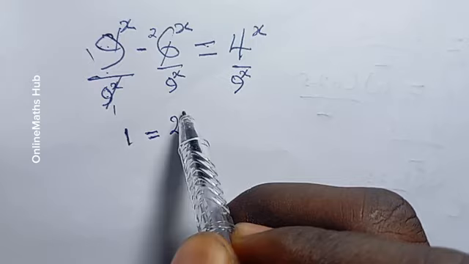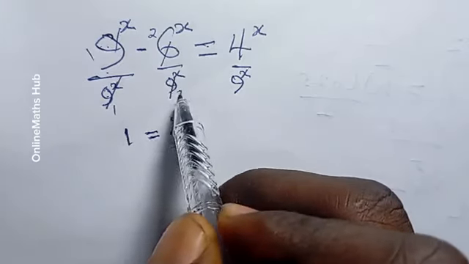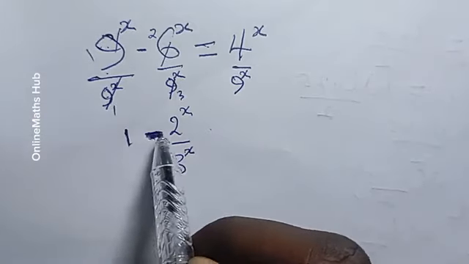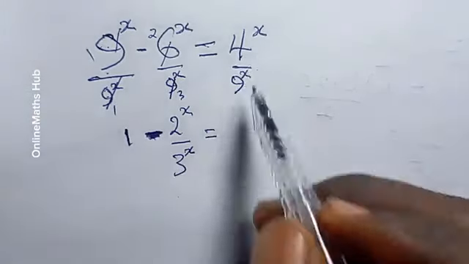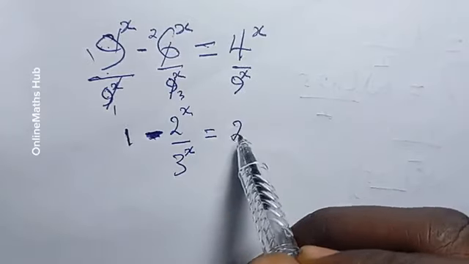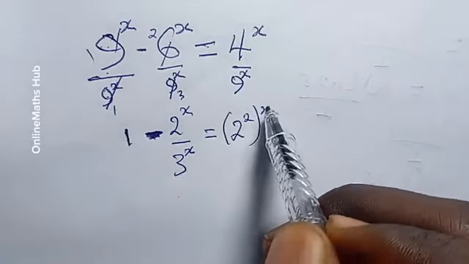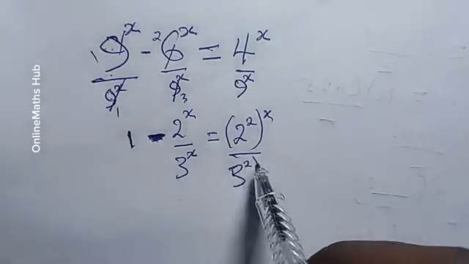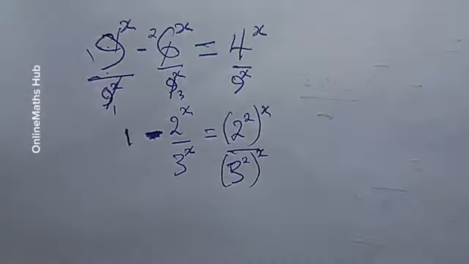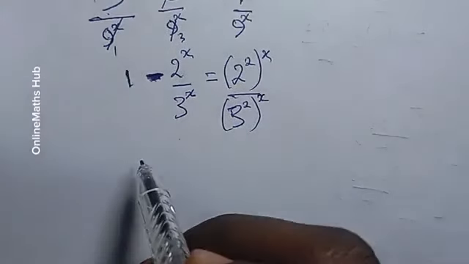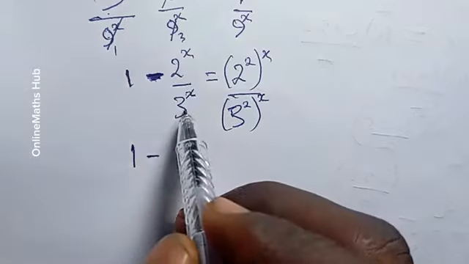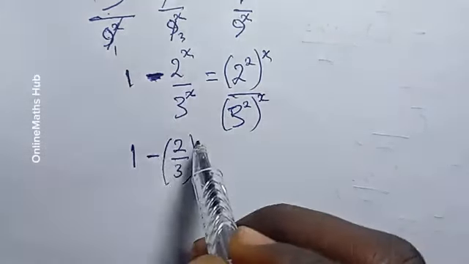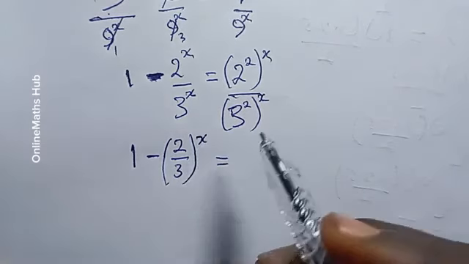So I'm going to be having 2 power x divided by 3 power x, minus, and of course is equal to, I can actually write this 4 here as 2 power 2, and then of course divided by, I will also write this 9 here as 3 power 2, and all raised to power x. So moving on, this is 1 minus, since they have the same power, I can actually write this as 2 divided by 3 and all raised to power x is equal to,